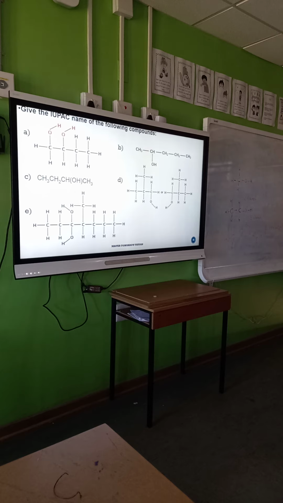Why do I start from here and not from there? We prioritize the functional group. In this case, our functional group is the OH. So that means you should start from left to right. When I say you should prioritize the functional group, I mean the functional group should be on the carbon with the least number. So from here, sir,